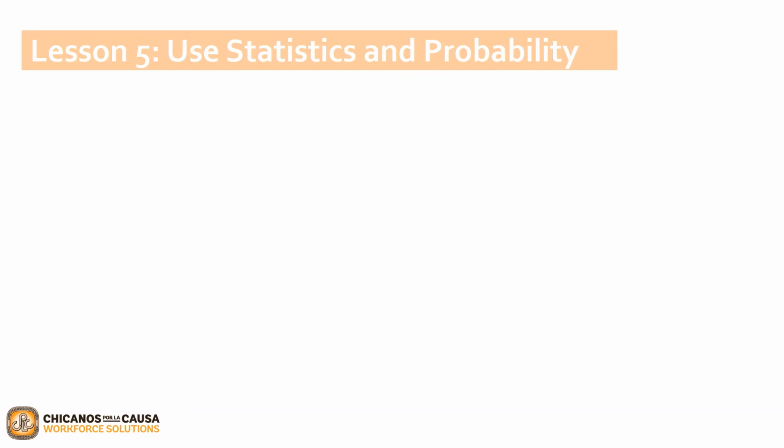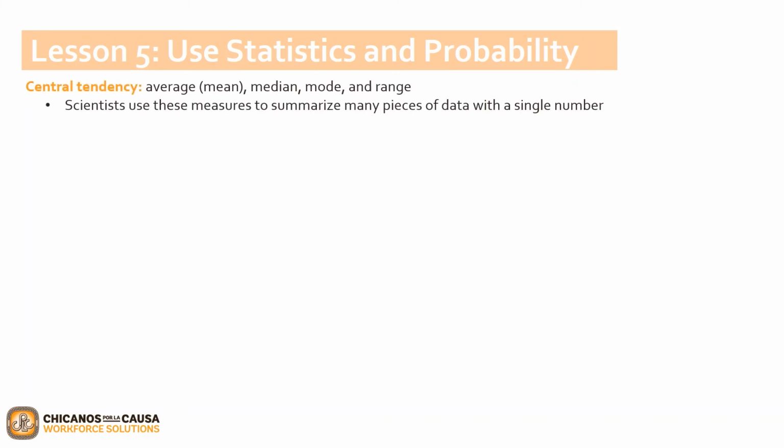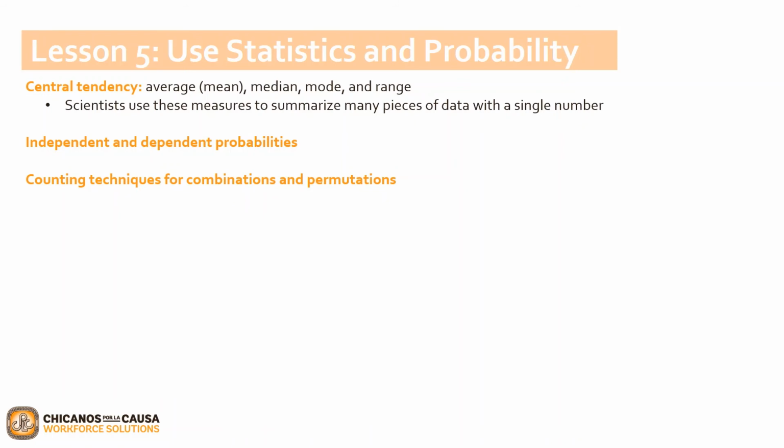Such calculations can involve central tendency, which is the average, also known as the mean, median, mode, and range. Scientists use these measures to summarize many pieces of data with a single number. You may also utilize independent and dependent probabilities, counting techniques for combinations and permutations,